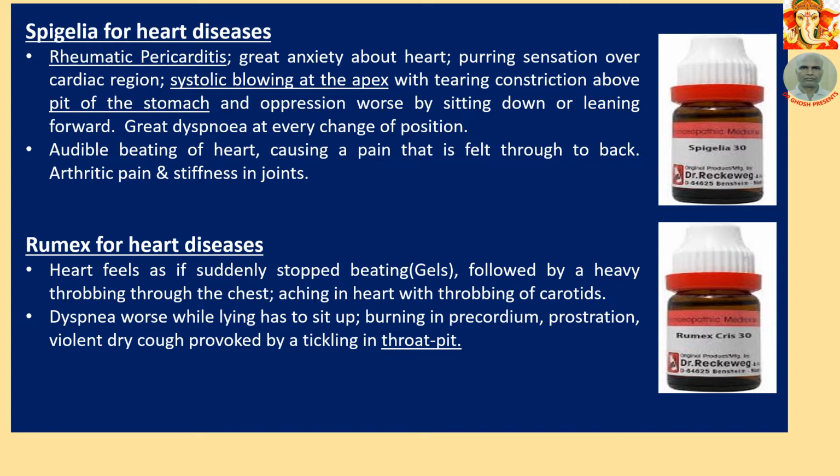Heart feels as if suddenly stopped beating, followed by a heavy throbbing through chest. Here, the double up is there in the rhythm of heart. There is pulse, throbbing through chest, aching in heart with throbbing of carotids. Dyspnea worse while lying, has to sit up, burning in pericardium, prostration, violent dry cough provoked by tickling in throat